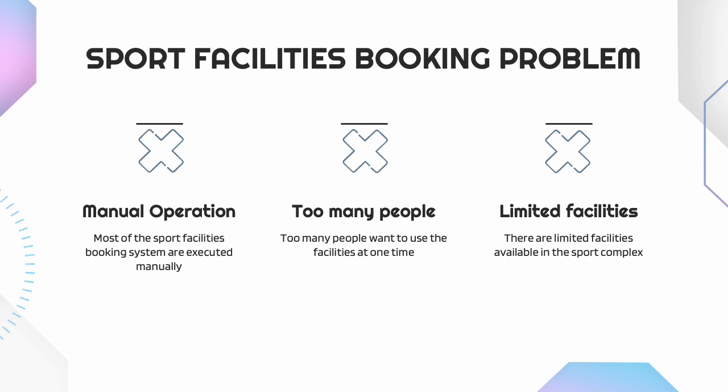And then in some complexes also, there are many people who like to come and book this facility, and with too many people and few limited facilities, it's going to be a big problem for the sport complex to manage the booking system. And these are all the common problems that we found in the sport facility